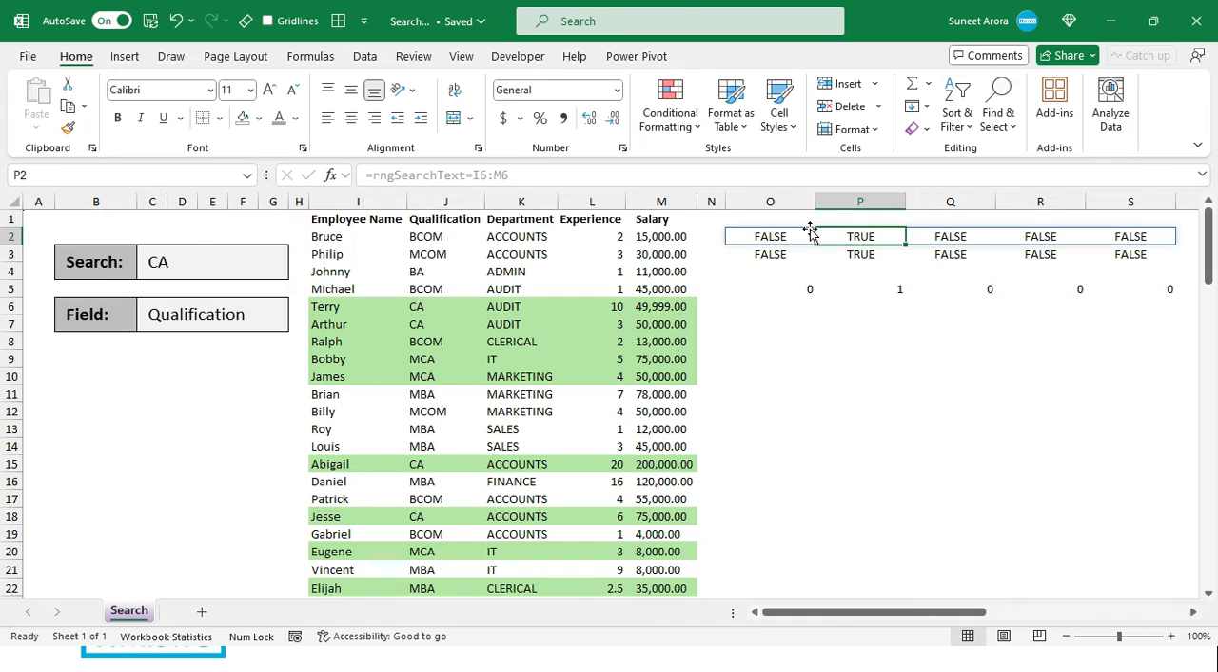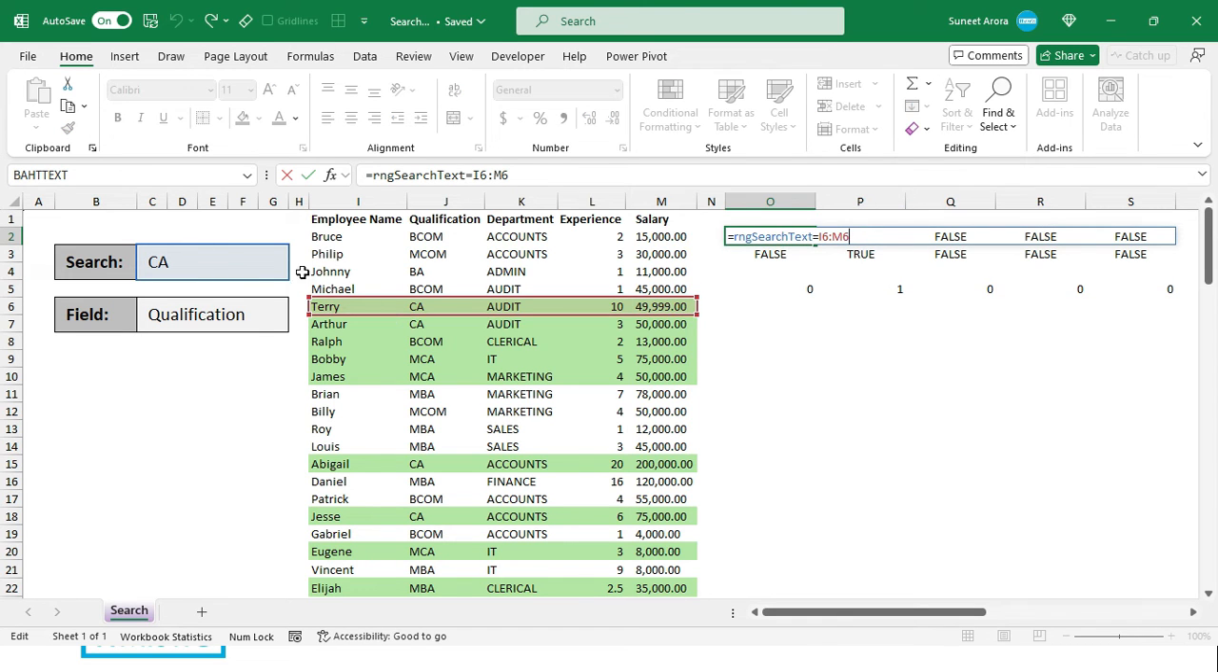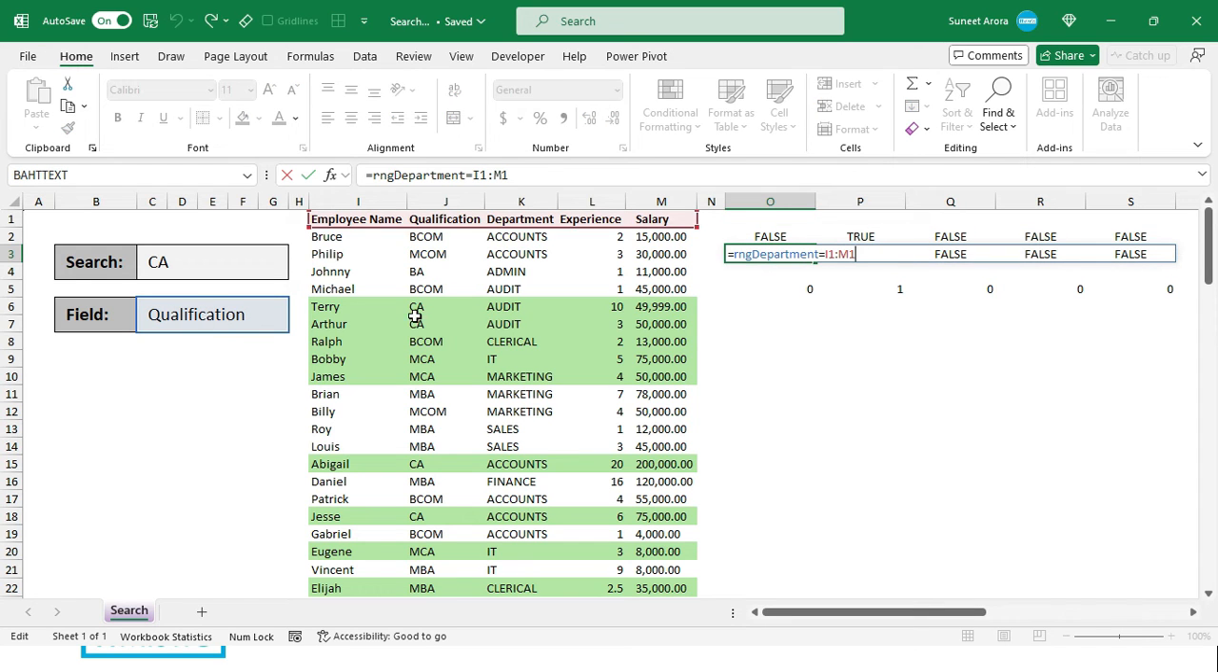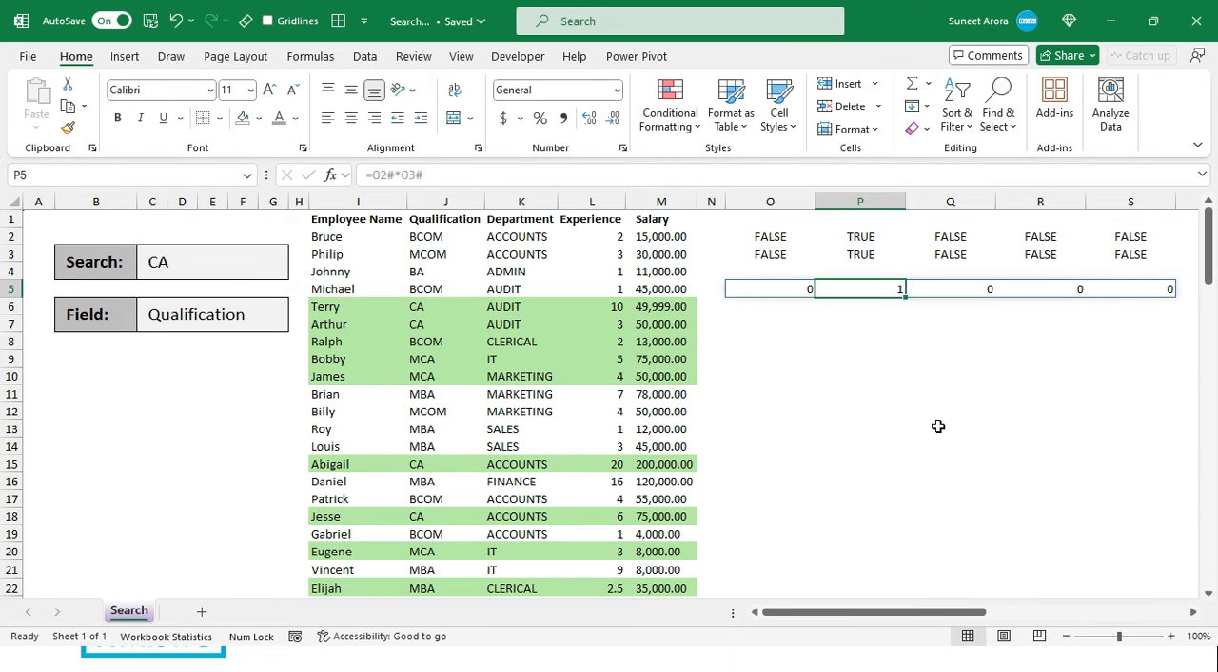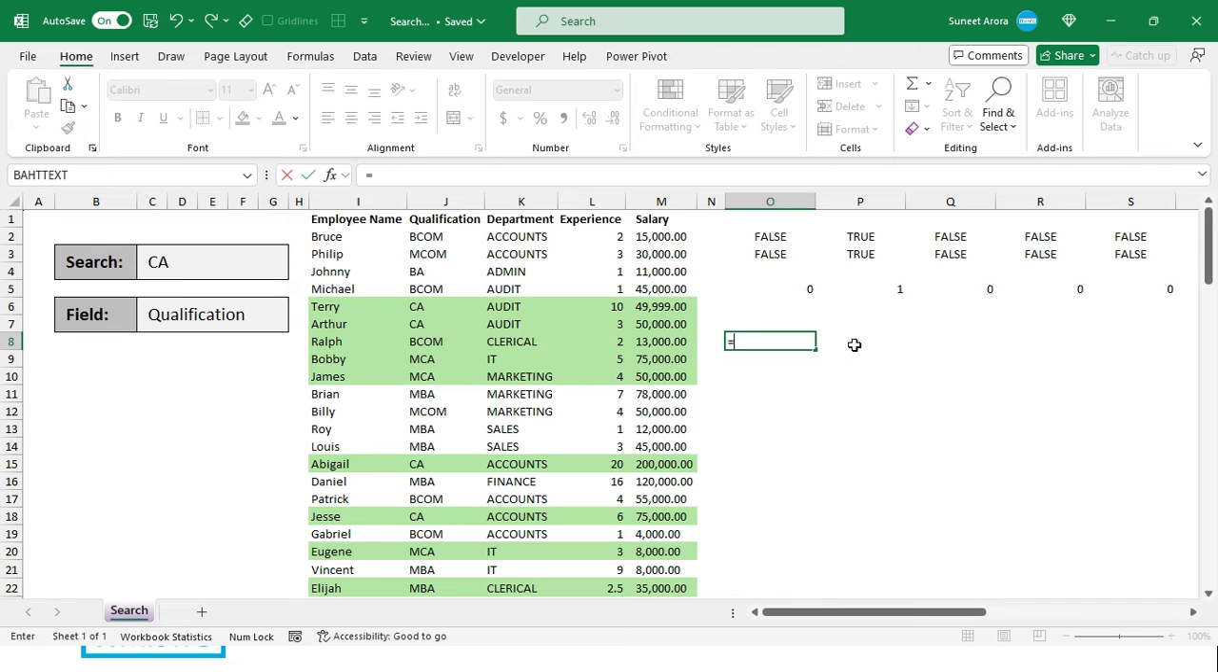Why? Because the match for CA is found here in qualification, and here also we have selected qualification, so it is also matching the same column, same position, right? So second position in both the cases, which gives us true at both the places, and true multiplied by true results in 1, right? So we can use these values to get the desired result. Okay, let me show you how. If I use the match function here,